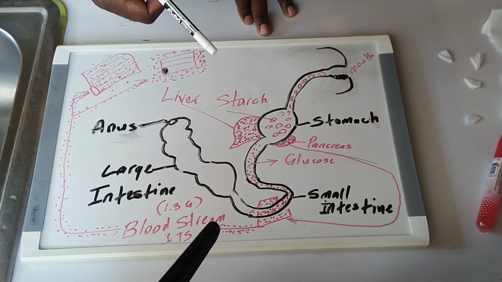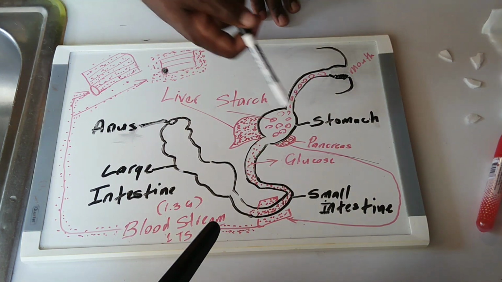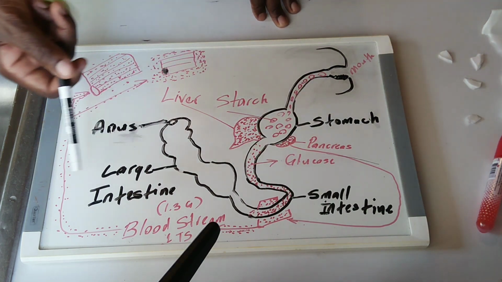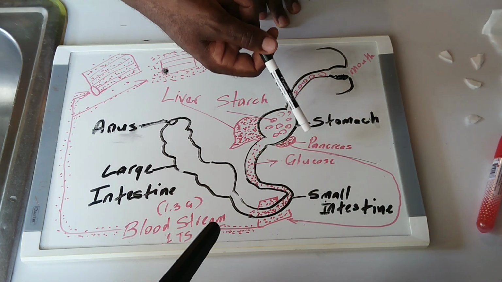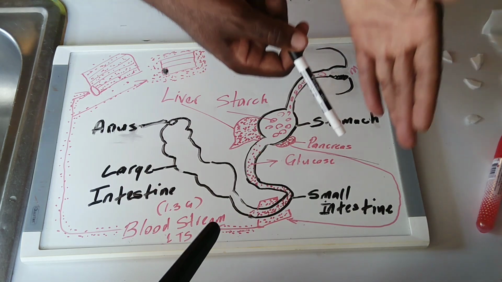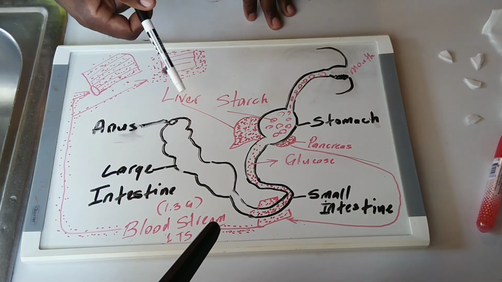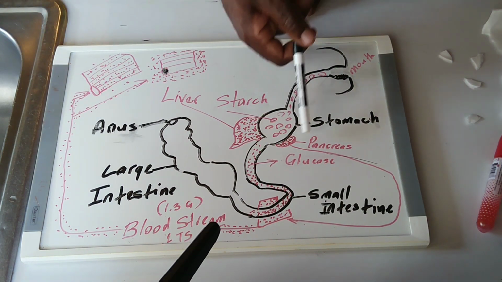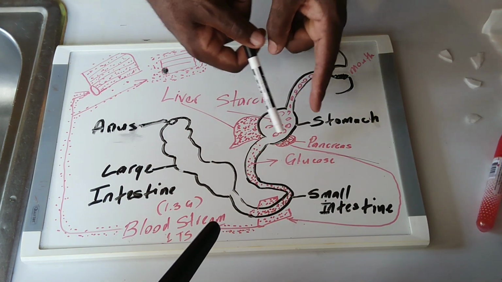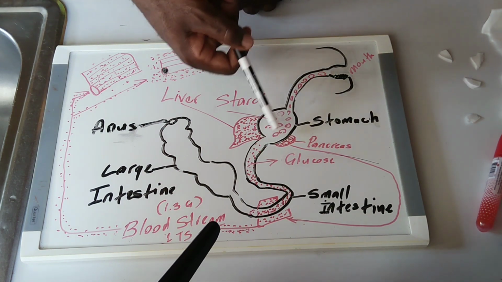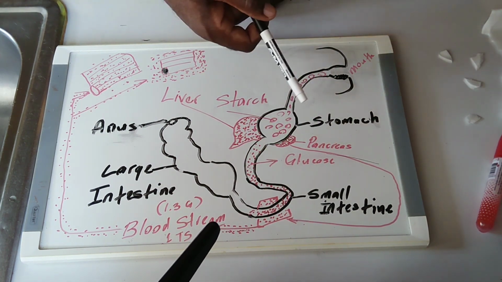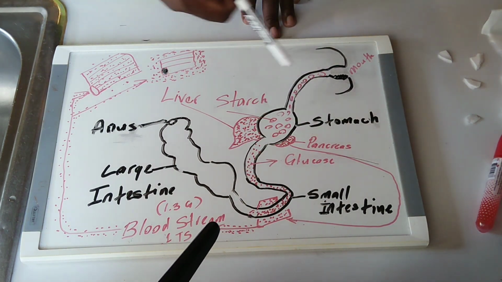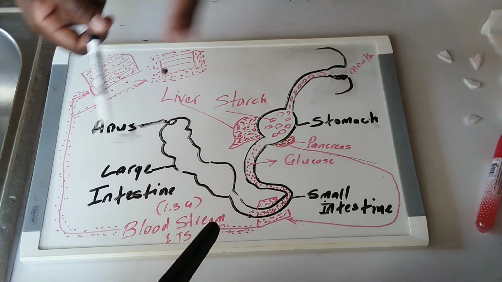Alright? So remember, people with type 2 diabetes, their pancreas is working. So if you go to the doctor and the doctor gives you more insulin, and your pancreas is working and producing more insulin in the first place, you'll kill yourself. So a person with type 2 diabetes doesn't even need to be taking insulin unless their pancreas is not working, because if your pancreas overworks for a period of time, it will burn out. The pancreatic cells will burn out and it's not going to produce an adequate amount of insulin. So in that case, this person no longer has type 2 diabetes, but they have type 1. So type 2 can lead to type 1.